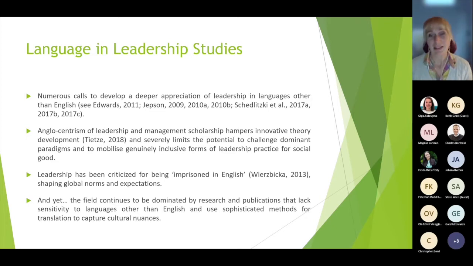So in a very long effort to fund a project that goes into different languages in different countries within the same organization,